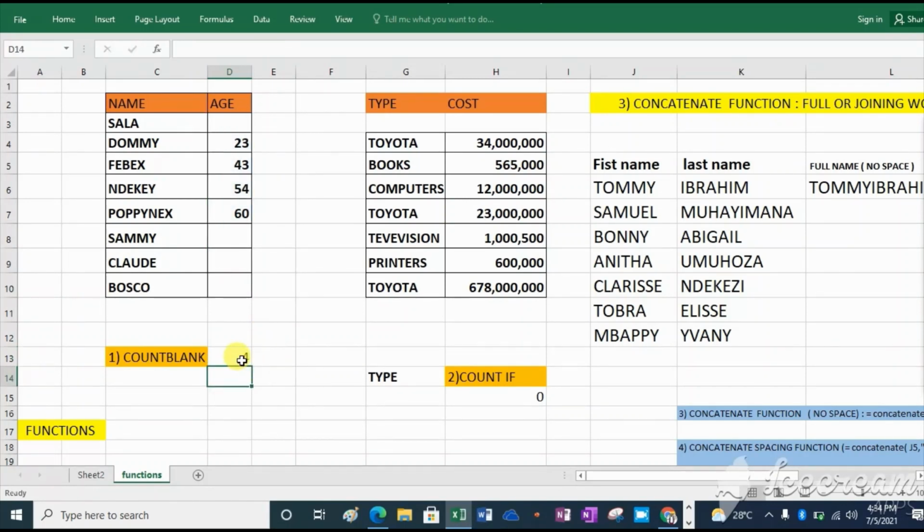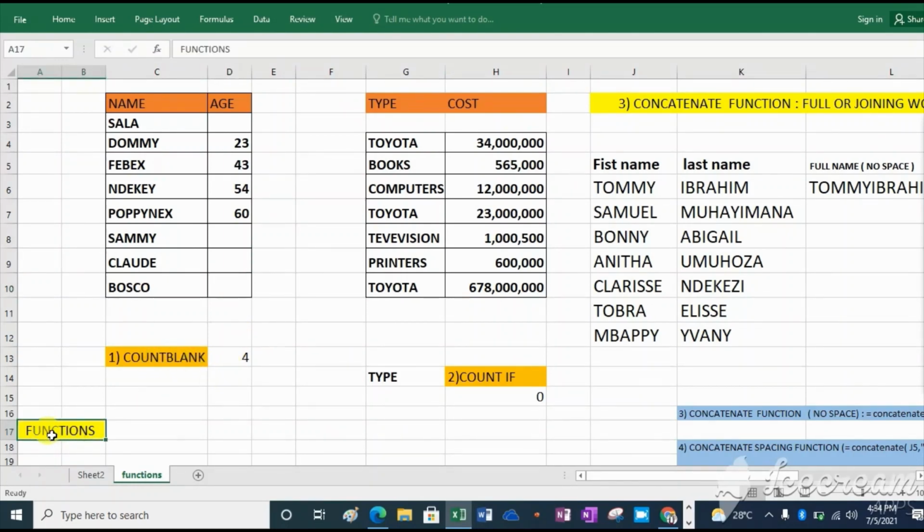You will see that the empty cells are 4: 1, 2, 3, 4. So we have 4 cells with nothing. This is known as count blank.